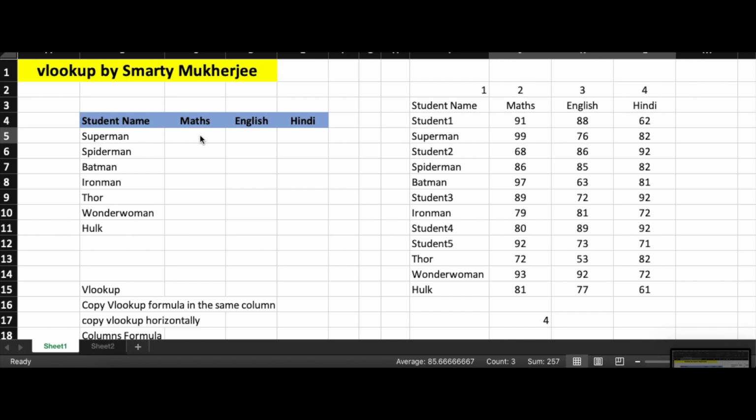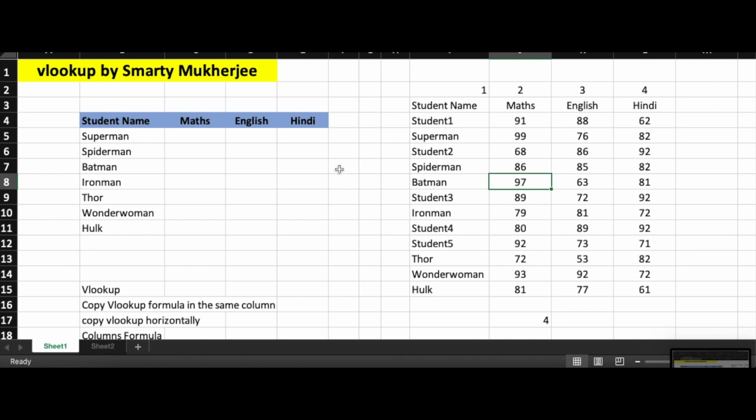Another good example from real life is when you go to a restaurant, you look down the menu and spot some dish, and then against that dish you try to find out what is the price of that dish. So it is just like this table. You're looking down the table and spotting something, and against that in the same row you're looking for some value. In such situations we use VLOOKUP.